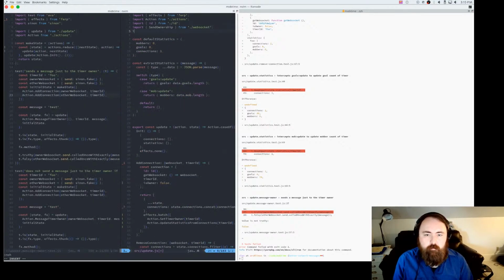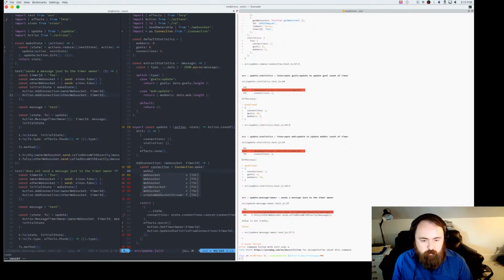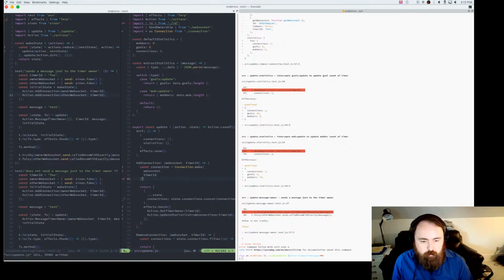Let's go here and let's do an import star from connection, or sorry, as connection from connection, and then over here, let's just do a connection make. And we know things like, we know what the WebSocket is, we know the timer ID, and we don't need to set anything about the ownership.